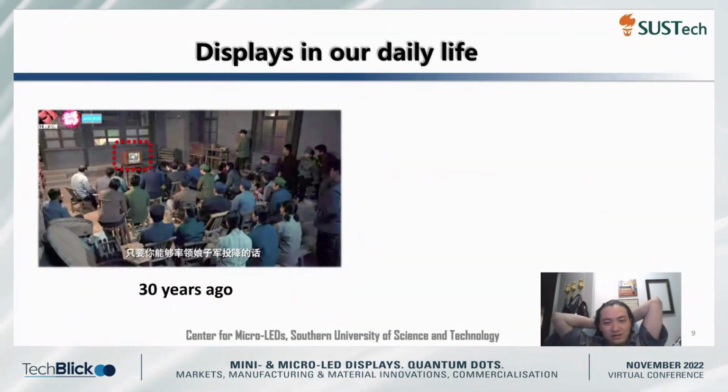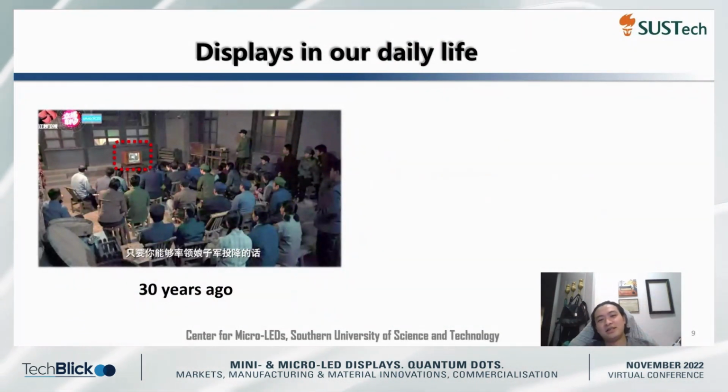Here's an interesting comparison between nowadays and 30 years ago. I heard from my father and grandfather that 30 years ago, one village only had one TV, and people usually assembled together to watch news, TV series, and also sports games, maybe also the World Cup, I guess. But right now, in our own office, one person even has more